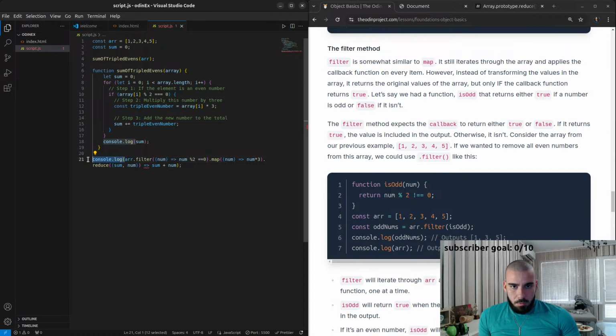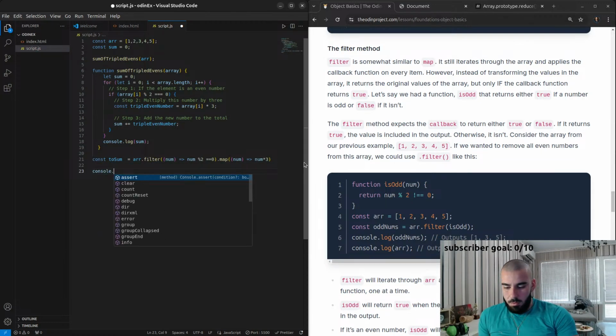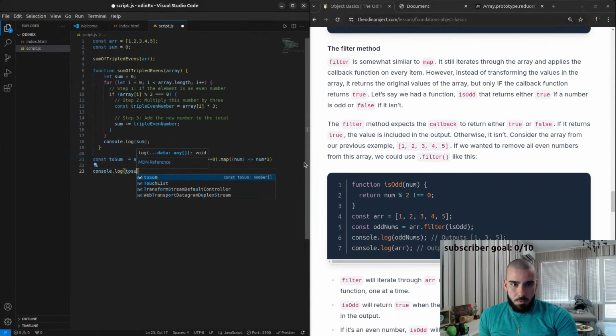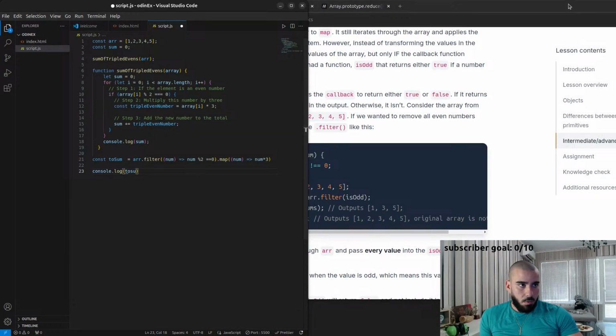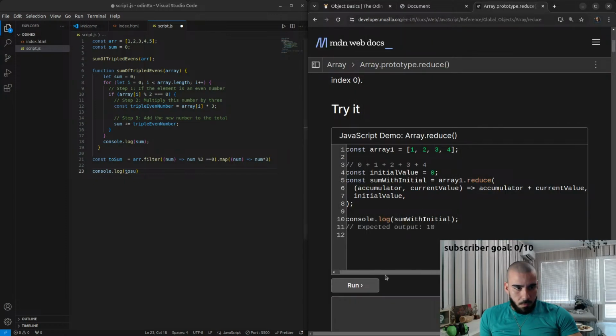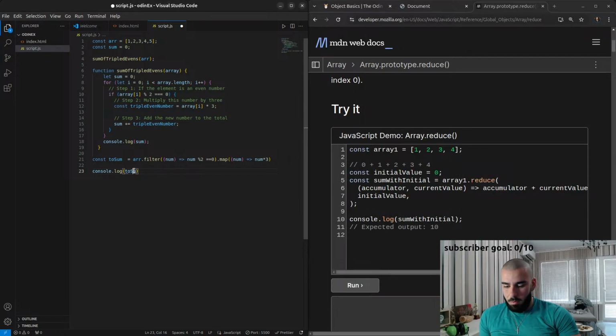Alright, can we instead put this in a variable, const toSum equals this, and then can we console.log toSum, which is, oops, not like this, but toSum.reduce,